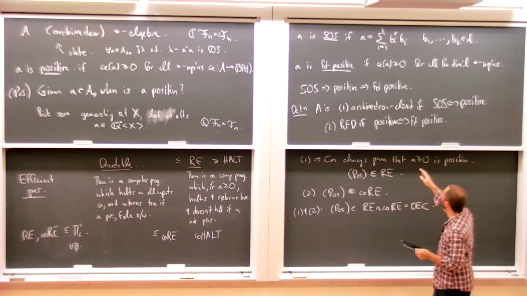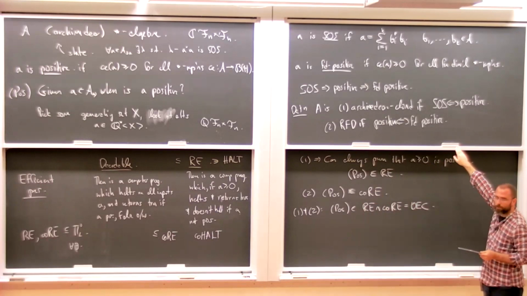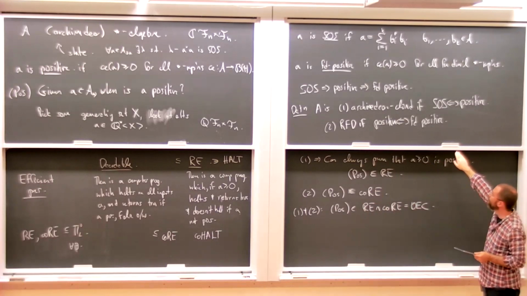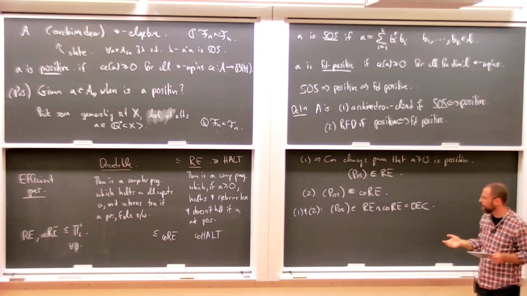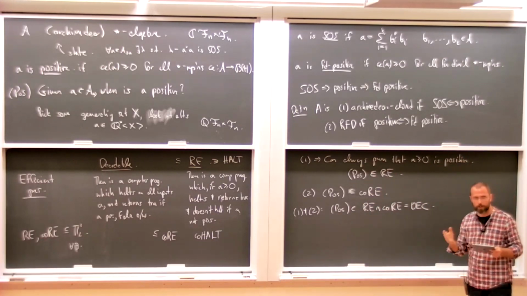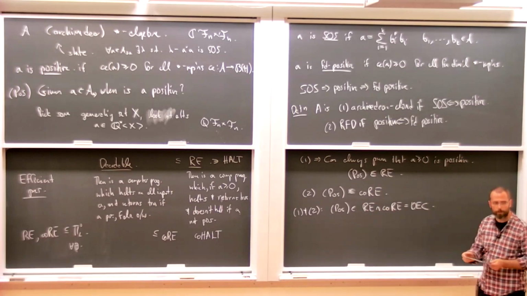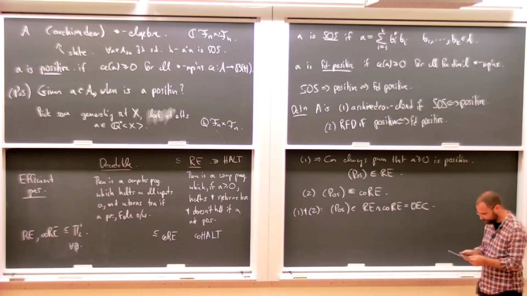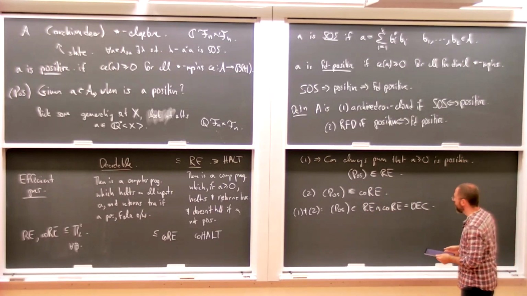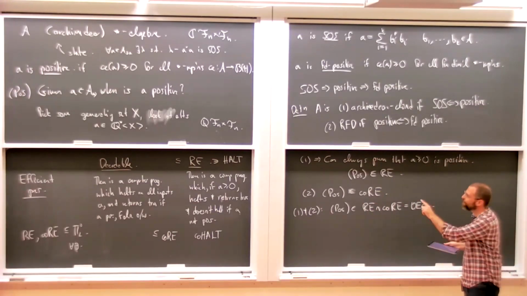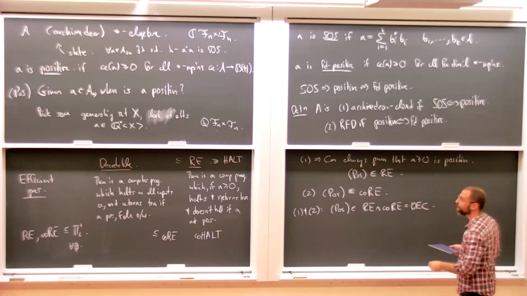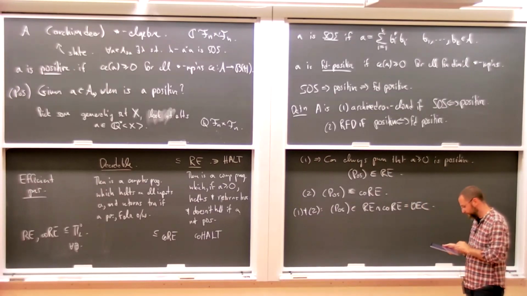What do we do? We look through sum of squares decompositions for proof that it's positive, and at the same time we look through finite dimensional representations for a proof that it's negative. And if 1 and 2 both hold, then one of those is eventually going to terminate, and then we'll know which one it is. So our question then is, when do 1 and 2 hold? That would tell us that for that algebra we could answer our positivity question.